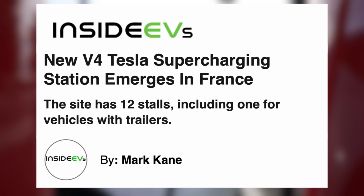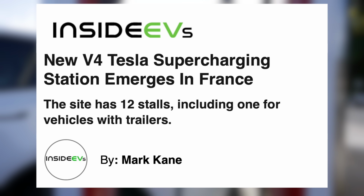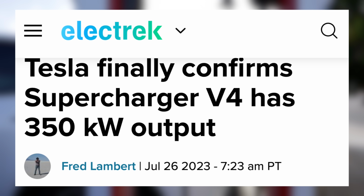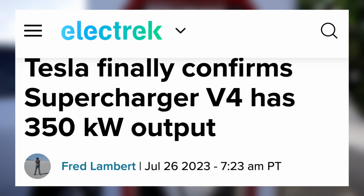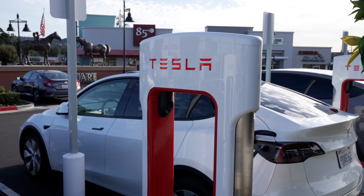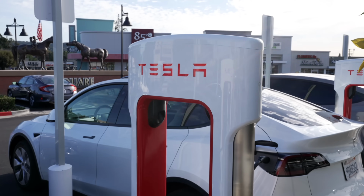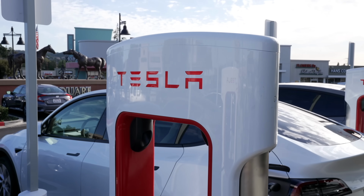Tesla's V4 superchargers have been seeing first installs in Europe, and now we have confirmations as to what they bring. We know that they have longer cables and that they should be able to charge well over 350 kilowatts in the right scenario. Tesla hadn't confirmed charging speeds here though, so it made some wonder if these chargers really do support faster charging. For Tesla though, in a planning statement for a new V4 charger in the UK, they said,